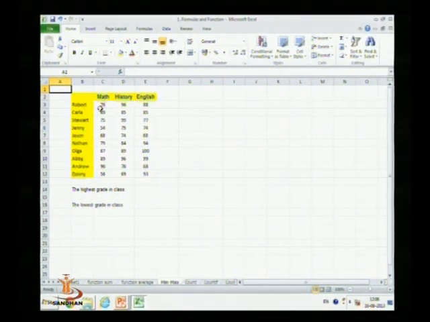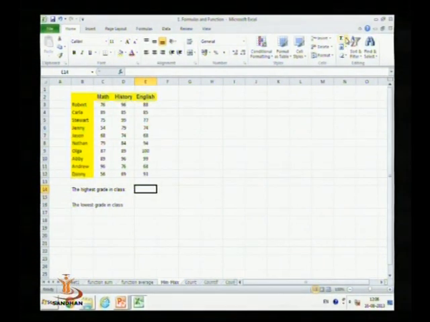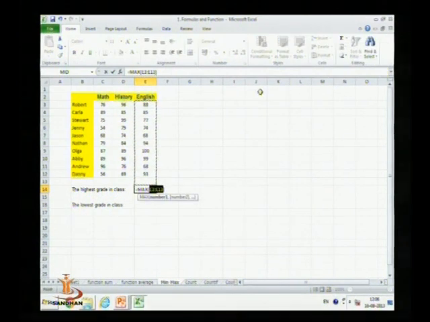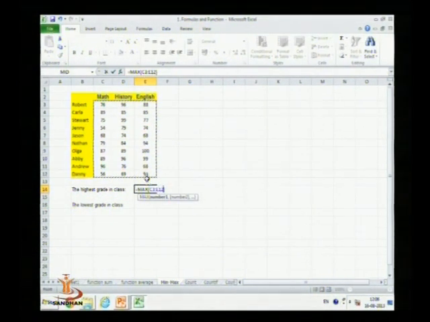Suppose we have different grades obtained by different students in 3 subjects, and we want to find the highest grade in the class. Click on any cell and click on the max button, then select all the data in the worksheet out of which we want to find the maximum value, and press enter.